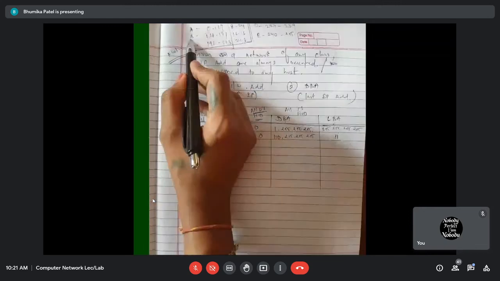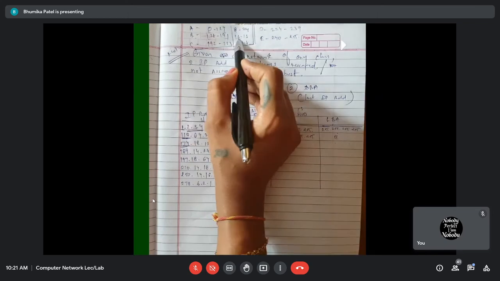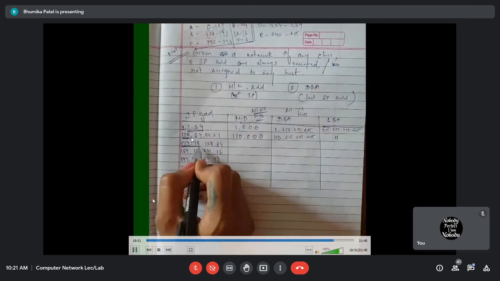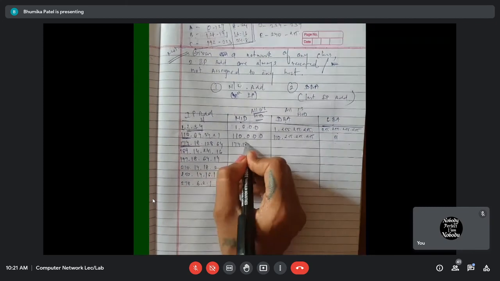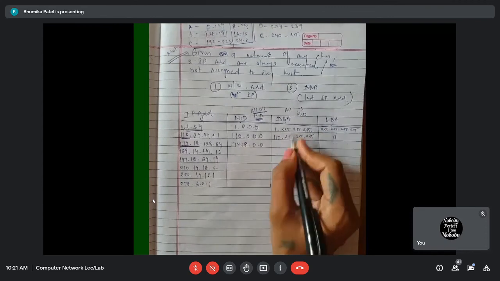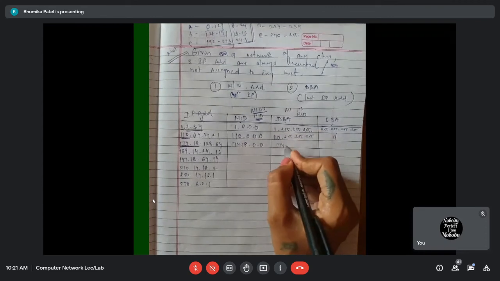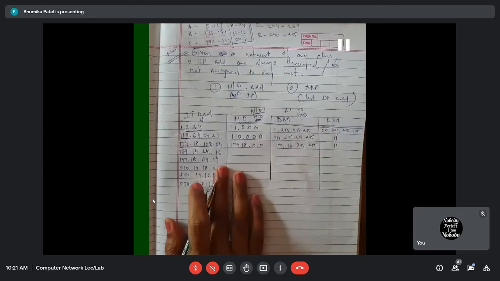Okay, now 174. 174 belongs to class B. It is between 128 and 191, so it is class B. So we have to keep the first 16 bits, the first 2 bytes, the same. So 174 and 18 will be as it is, and the remaining 16 bits are zeros. And here the last 16 bits we are going to keep 255, and the rest is the same. Getting everyone?